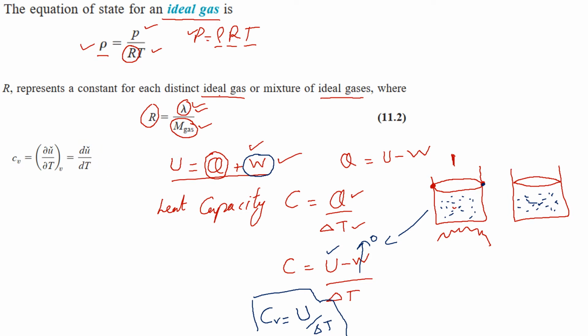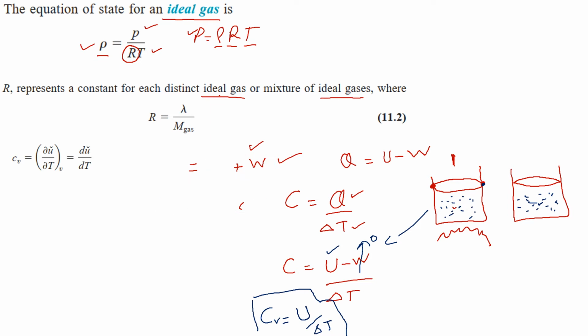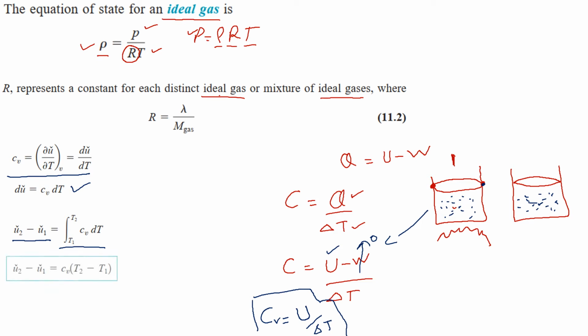I will again come back to this diagram when we talk about enthalpy, and again we will write these equations, but let's now see some equations for the change in internal energy, that how we will account for the change in internal energy for a specific system. We can rearrange this equation like this, and then we can integrate that for two extremes, and that will give us the change in internal energy for this change in temperature at constant specific heat at constant volume. And it can be simplified and written like this,